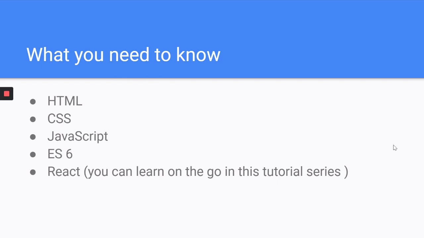In order to develop in React Native, you need to know a few web technologies like HTML, CSS, JavaScript, ES6 and React. ES6 is the latest and upgraded version of JavaScript. It comes with a lot of features like classes, block type statements, spread operator, arrow functions, and so on. These features will help you to get the desired output in fewer lines of code. React is a library that helps you build single page web applications using JavaScript. If you don't know React, it's fine. You can learn on the go.